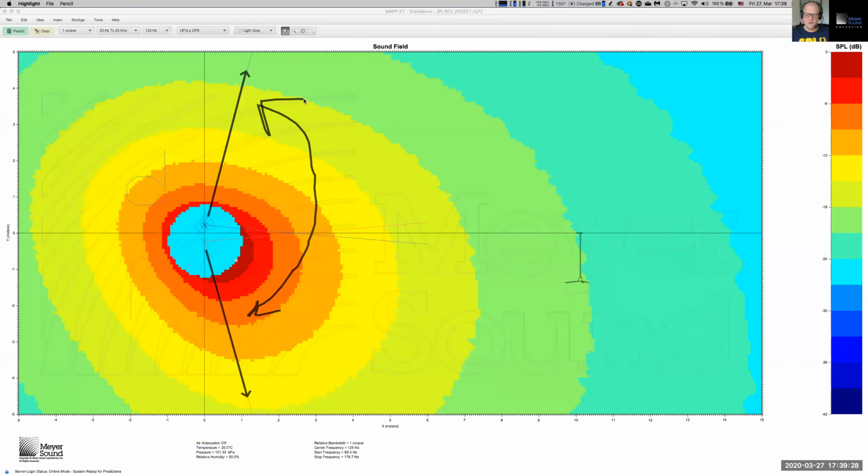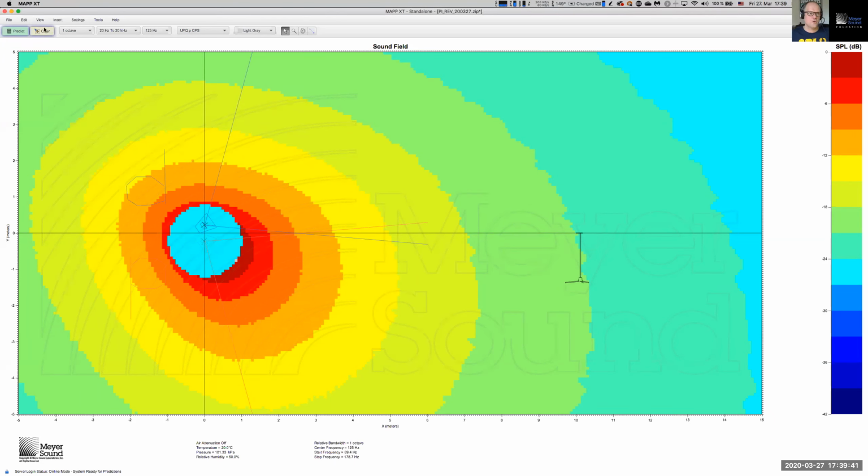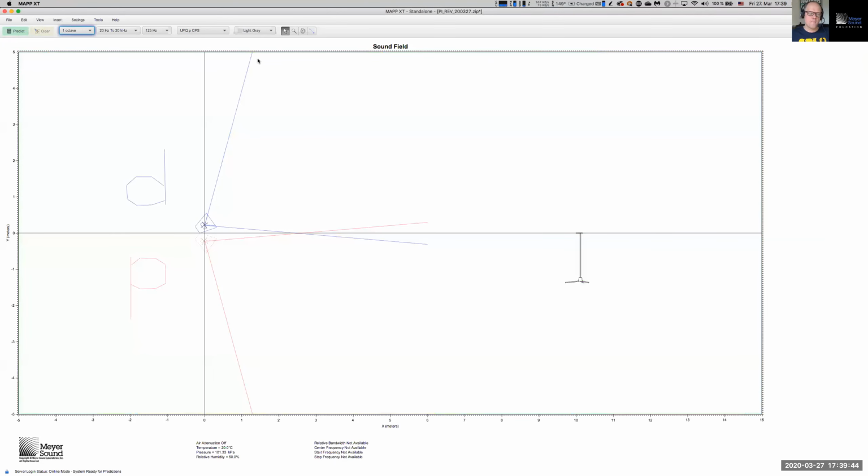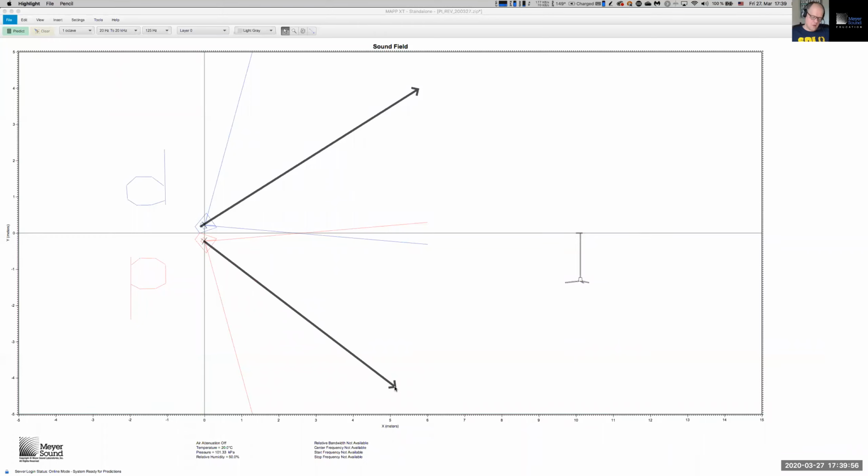And as we saw earlier in this webinar, if your levels are matching, phase becomes the tiebreaker and determines whether everything is lost or everything is preserved. So that is something to be mindful of. Now, what kind of scenarios can you think of? This loudspeaker could be a main loudspeaker, and this loudspeaker could be an outfill. That would be a possible scenario. It could also be that one loudspeaker is pointing at the balcony and the other loudspeaker is pointing at the people